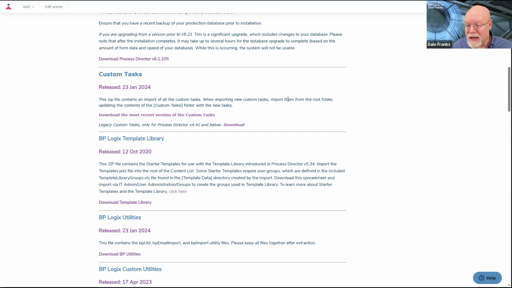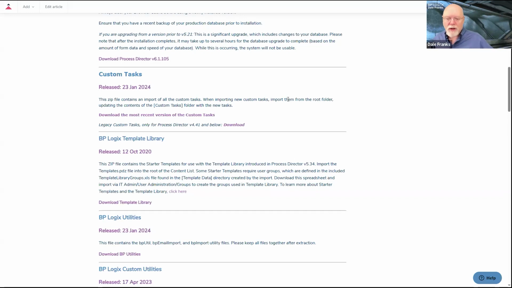As you can see, we have one legacy custom task version. So that tells you how often we actually have to change it based on some change in the product. The answer is not very often, once in the 10 years or so that I've been here. But just keep in mind that there may be times when the change to the product is so significant that it's going to break some custom tasks, and some custom tasks will only work with current versions.